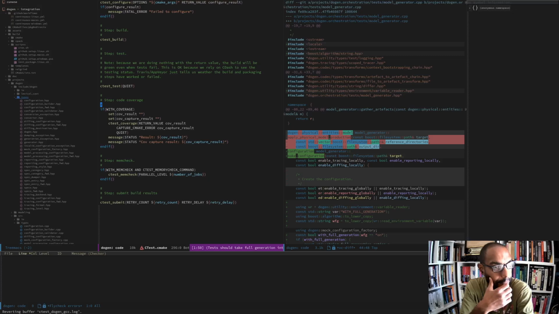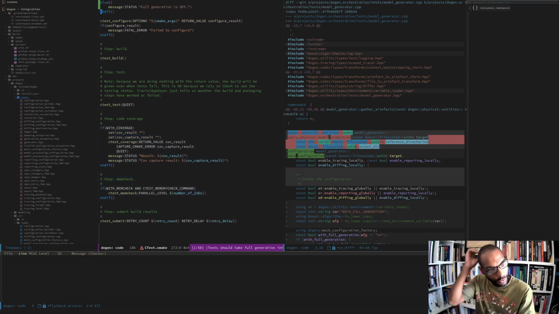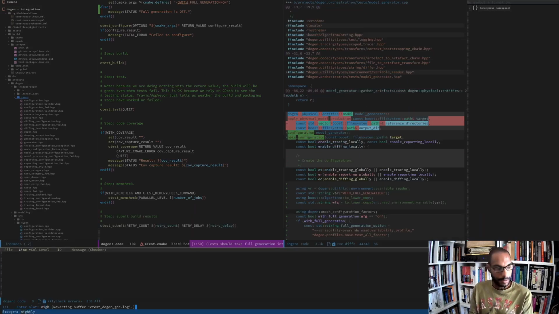So coverage, I think. Yeah, I think we're just going to leave this as it is, because what's happening at present is that we are running the tests, we're then using that for the code coverage stuff, and then we are mem checking. So for now we'll just leave it as is, because we're probably going to end up breaking something if we change this, and we don't really have a lot of time to faff around with this. So we'll leave it as is, and let's just